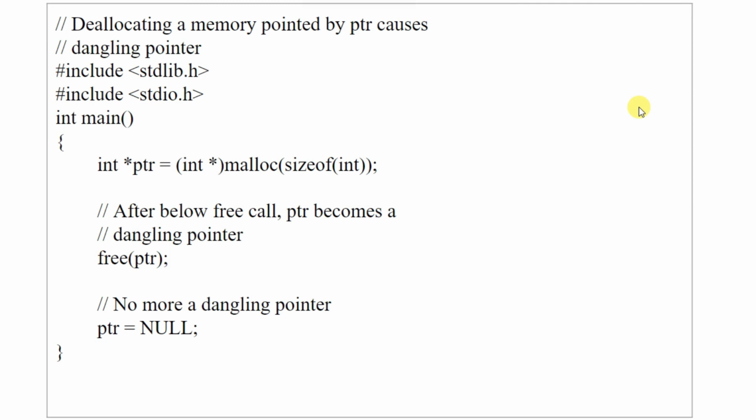I hope it's clear. So dangling pointer means what? You are pointing your pointer to some location which is not available, which is deleted, or which is free. So this free function which is used here is freeing the memory which is allocated, but still that pointer variable is pointing to that memory location, and that is what you call a dangling pointer. So always, whenever you are pointing a pointer to a memory which will not be available in the future, you should always assign it to null. So no more a dangling pointer. Here you need to assign ptr equals null.